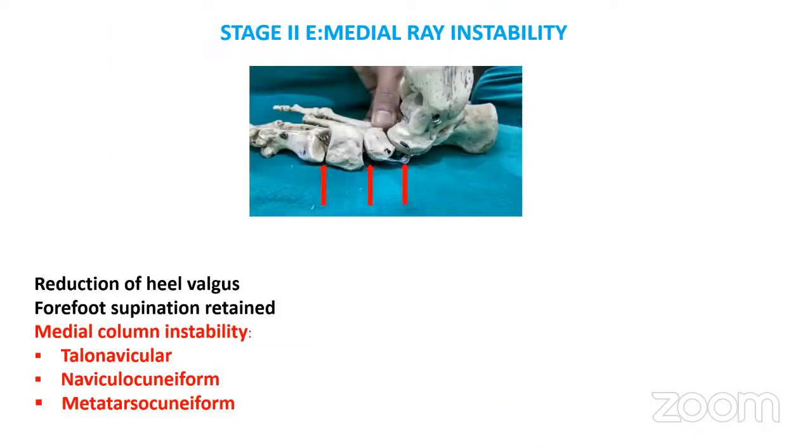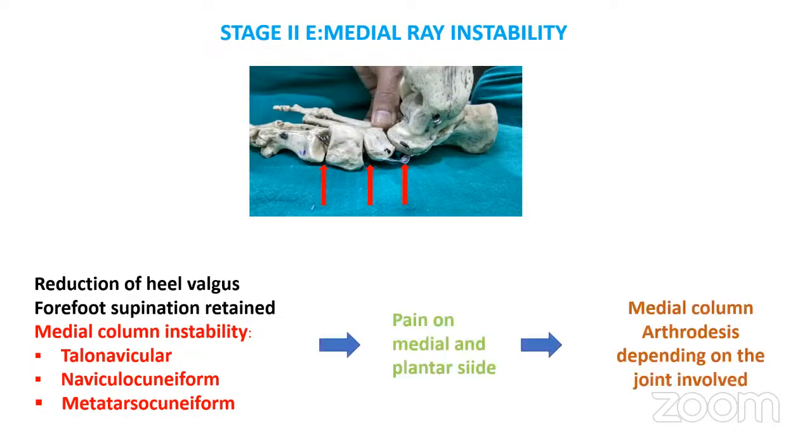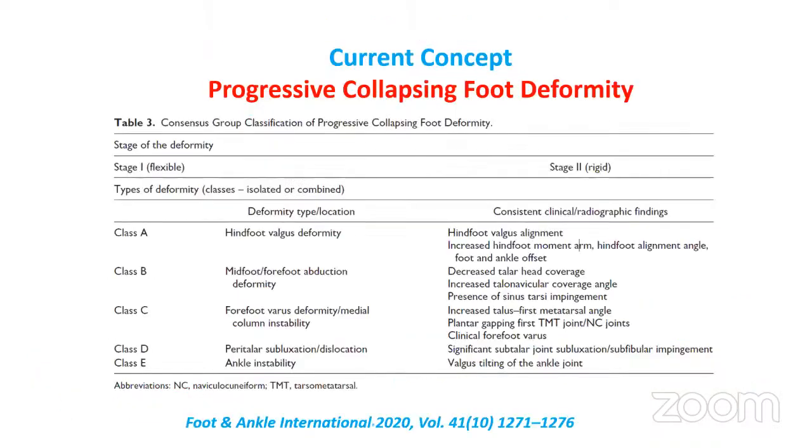Now, we also have indications where there is heel valgus, and in addition, the medial column is unstable. So in these cases, we have to plan for a complete stabilization of the medial column, and then go ahead with the arthrodesis. So this is what we need to do. We need to go with the medial column arthrodesis depending on which joints are involved, and then perform whatever is required on the lateral side with regard to the length of the calcaneus itself.